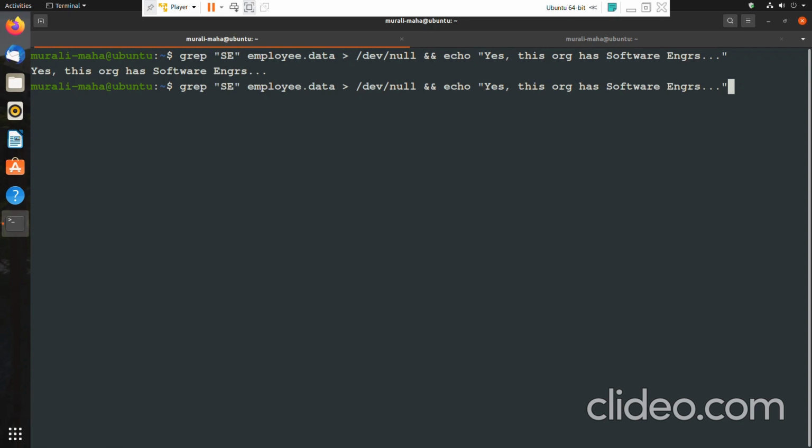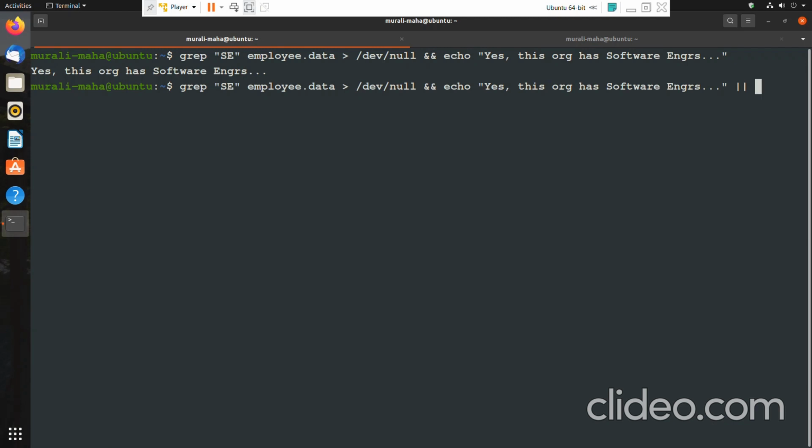Now suppose I want to handle the scenario wherein grep is unable to find the matching pattern in the file, meaning grep is unsuccessful or has failed to find the matching pattern. I can handle that with the help of the double pipe symbol. Whichever command follows the double pipe symbol, the shell will decide to execute that command if the left hand side command, that is the grep, failed.